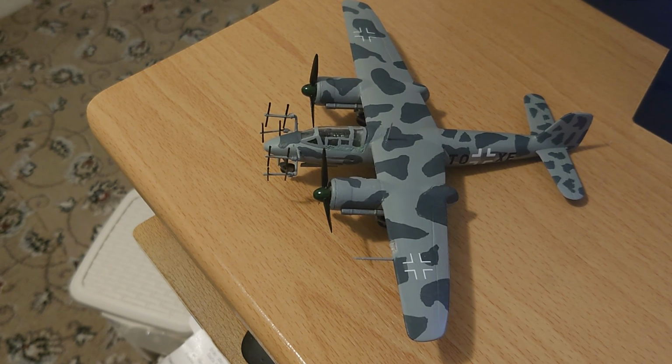But anyway, what's the PM model like? Well, there's a lot of controversy about this particular kit, and I have maybe three or four negative things to say about it. It's not particularly accurate. The forward section of the airframe is not particularly accurate, and the aircraft's wing section is a bit of a nightmare